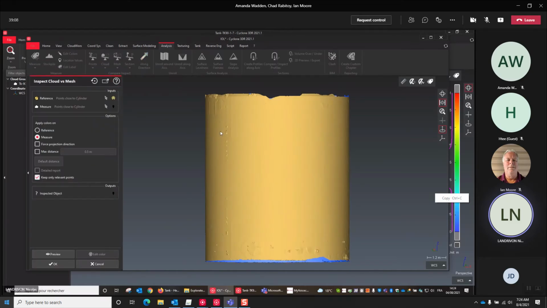Now you want to check the deviation on the mesh. So the mesh is the reference. Usually for surface versus point cloud, the surface is the reference. So you just select on which object you want to project the color map, the heat map, and make a preview.